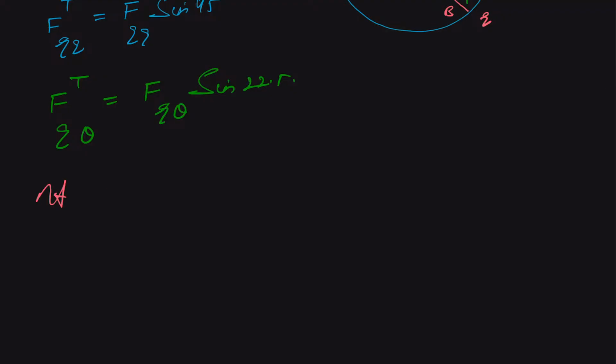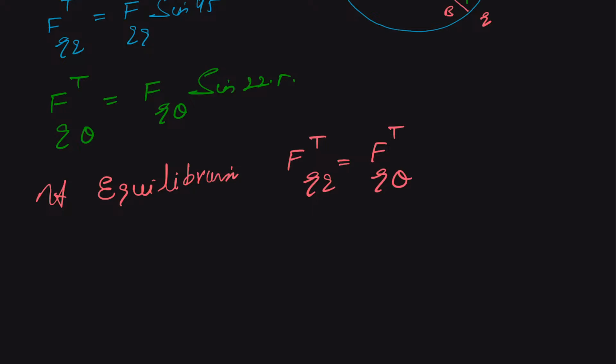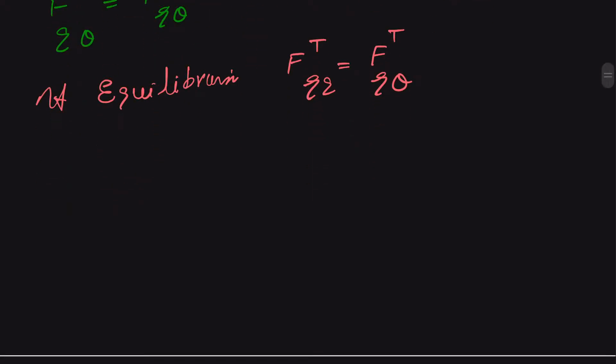So you can say at equilibrium our tangential force because of the small q charges should be equal to the tangential force between small q and capital Q. So we get FQQ sine of 45 is equal to F small q capital Q sine of 22.5,